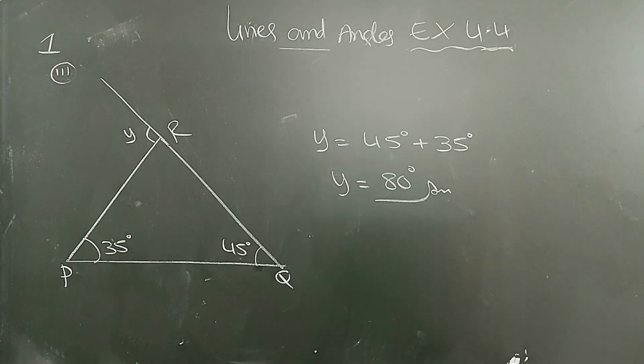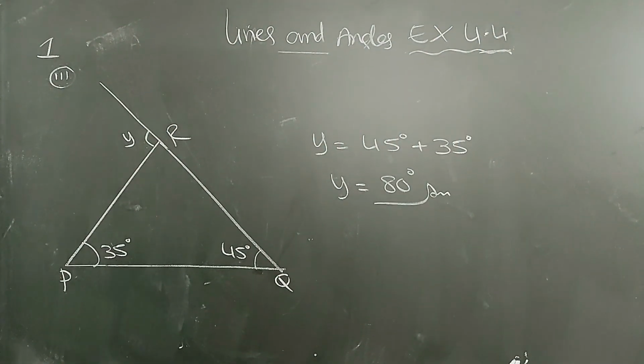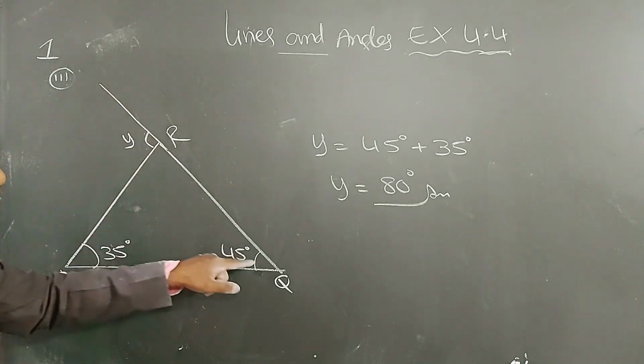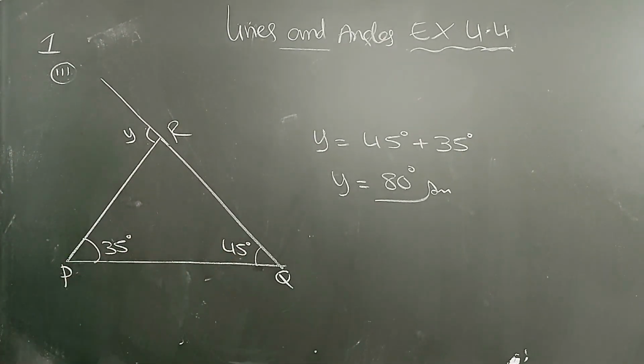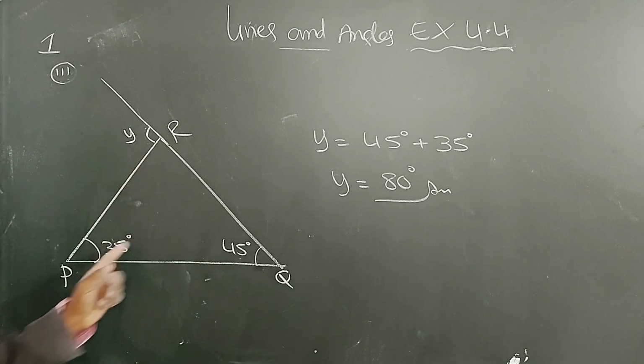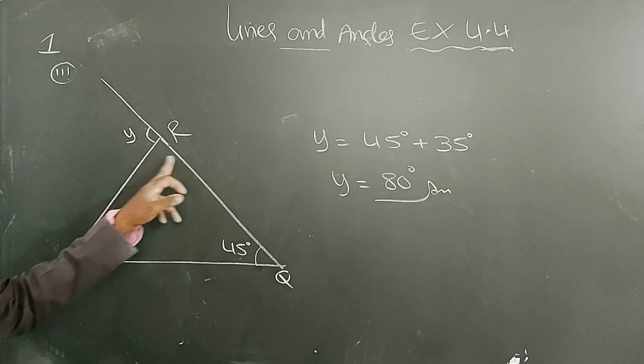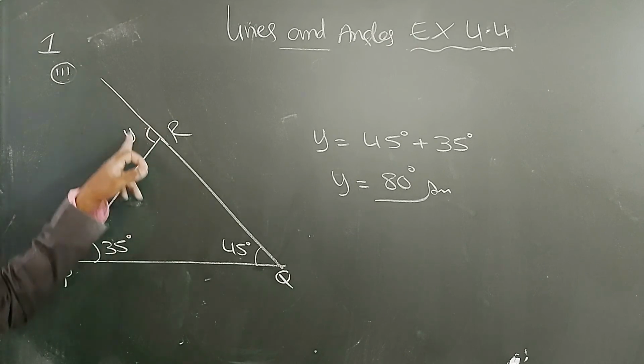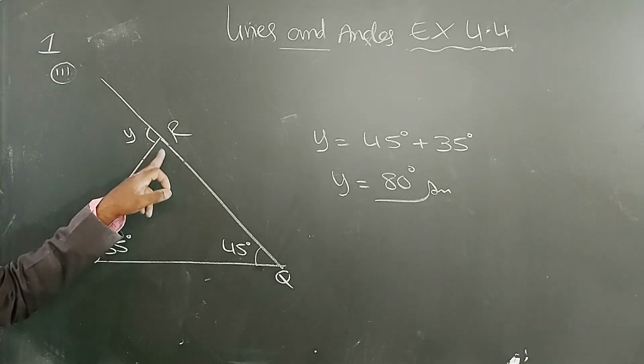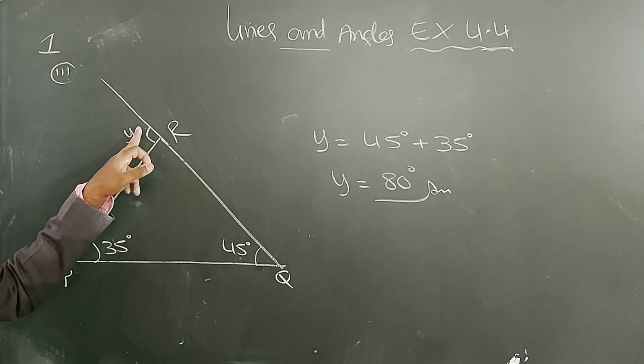So the same concept is used throughout this exercise. You practice this concept, students. So this exterior angle is equal to the sum of two interior opposite angles. Another way also you can do it. See, sum of three angles is 180 degrees. This is 35, this is 45, 80. 80 means this is 100. 100 means total angle in a straight line is 180. If this is 100 then this will be 80. Like that also. So many ways you can do it.